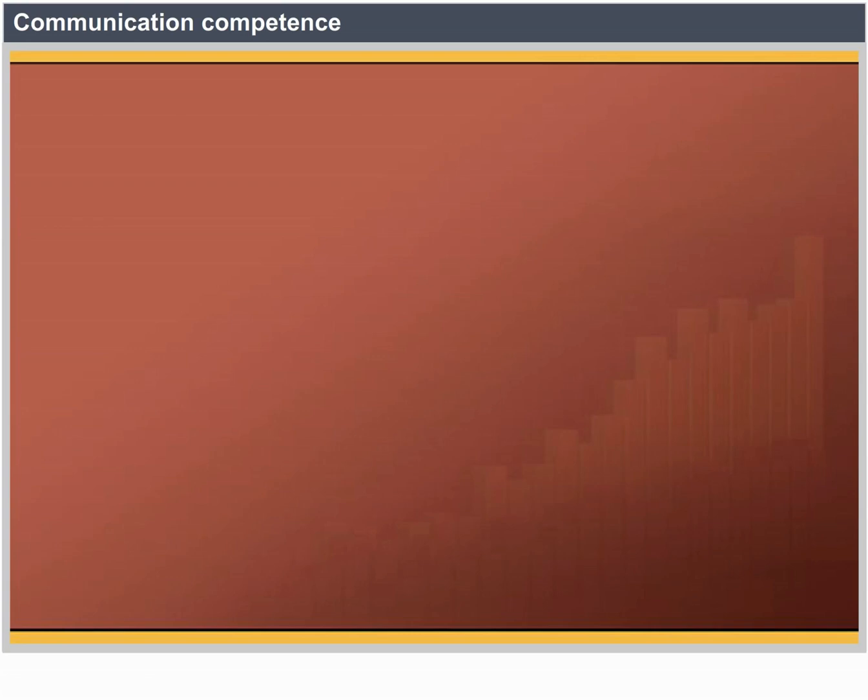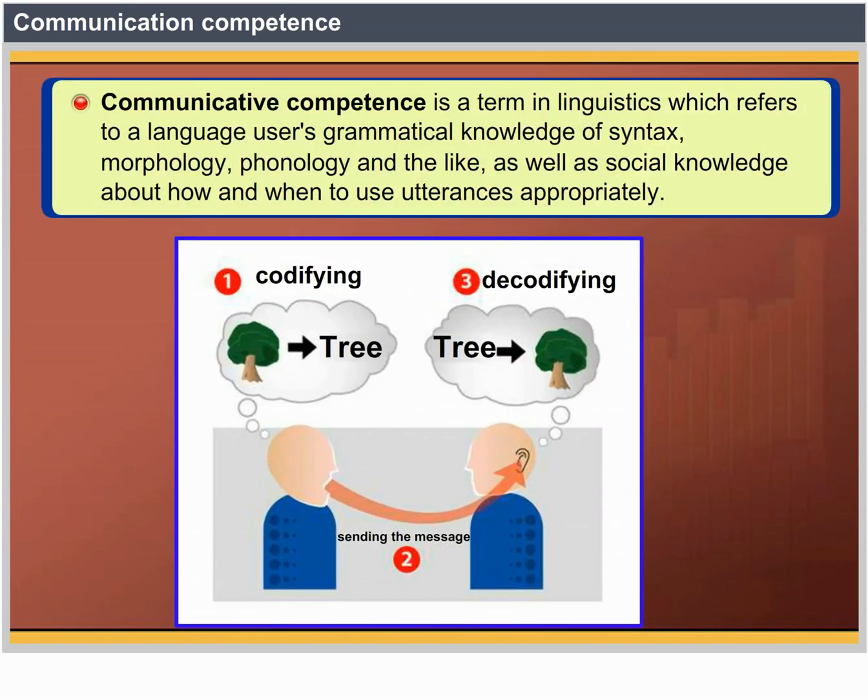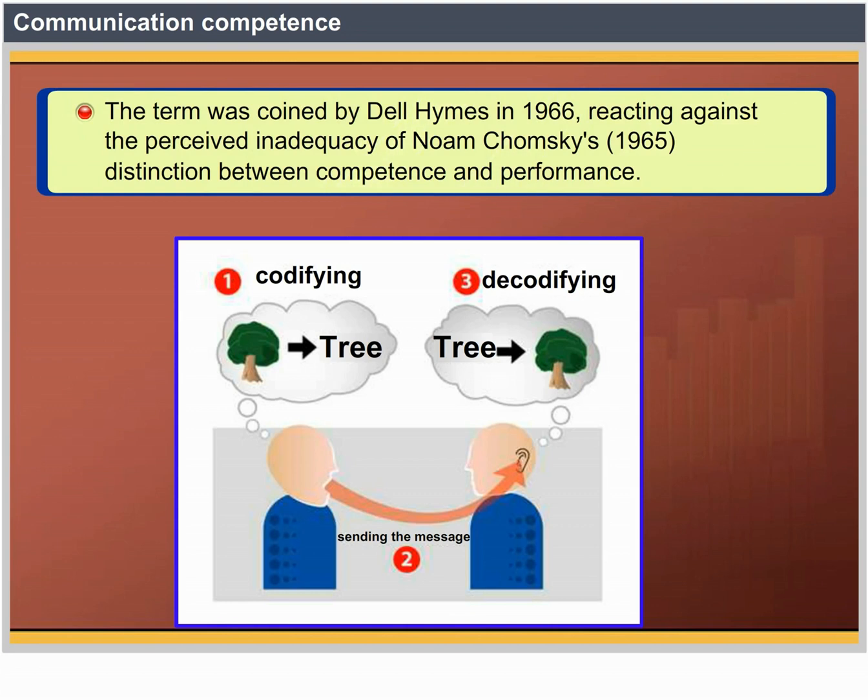Communication competence. Communicative competence is a term in linguistics which refers to a language user's grammatical knowledge of syntax, morphology, phonology, and the like, as well as social knowledge about how and when to use utterances appropriately. The term was coined by Dell Hymes in 1966, reacting against the perceived inadequacy of Noam Chomsky's 1965 distinction